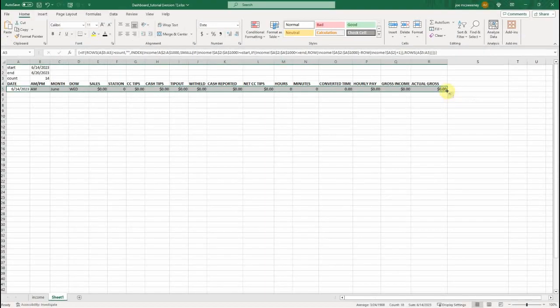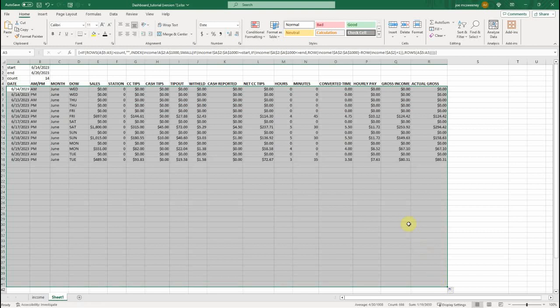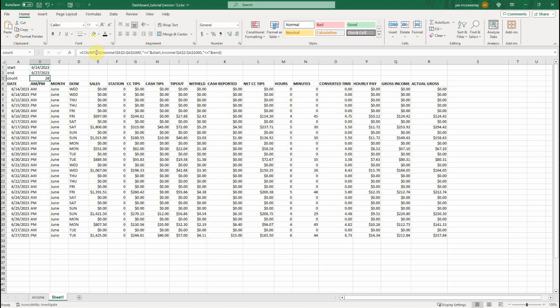So now if I pull down here, you can see I've selected all this, but it's only rendering dates that fall within that range. And what I can do with that is this. If I wanted to pull 2 weeks of data, right now I'm pulling a week by adding 6 days. So if I add 13,